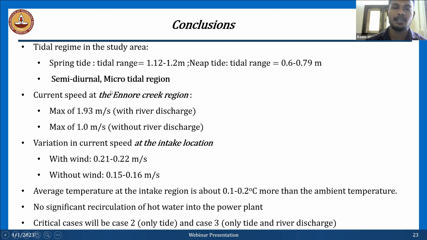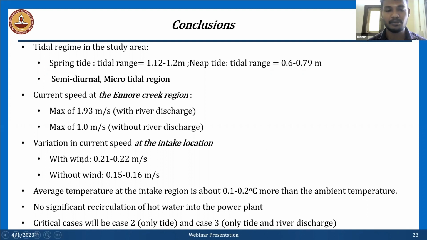And the current speed at the Ennore Creek. We can observe that the discharge of the river also plays an important role in the current speed of the Ennore Creek. With river discharge it is 1.93 meter per second, and without river discharge it is 1 meter per second. Then the variation in the current speed at the intake locations